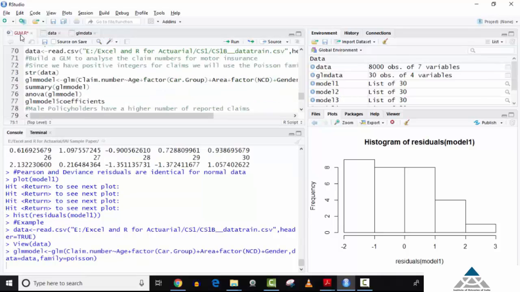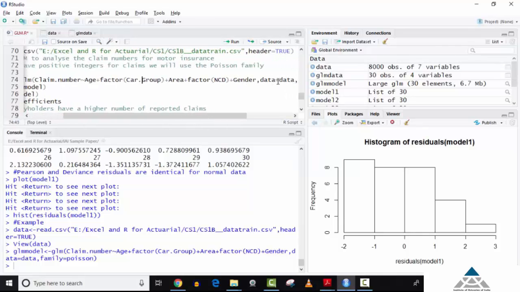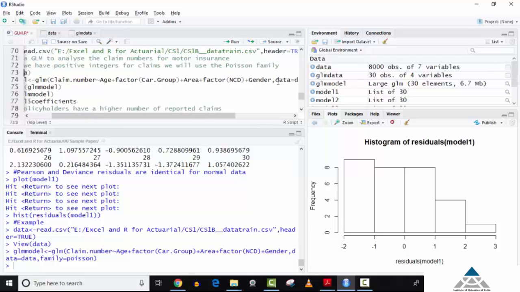So we prepare the GLM model using claim number as the y or dependent variable. We have age, area, car group, NCD, and gender. All the variables we have taken over here, and data is data. Clear? I have used the function factor over here and over here, because